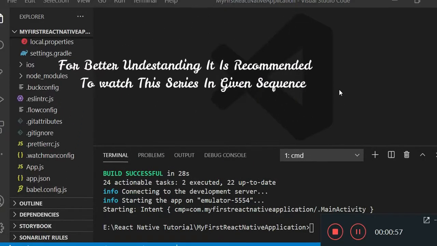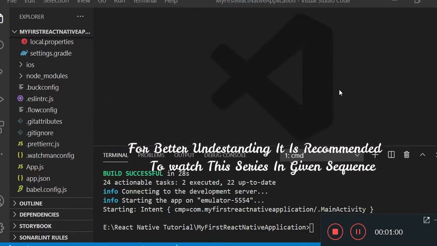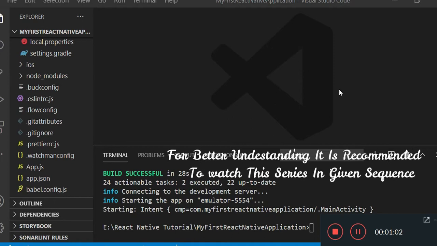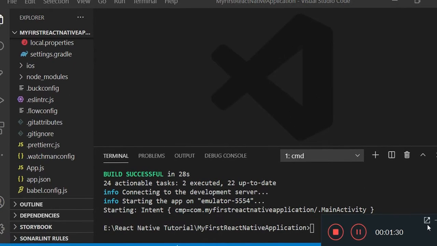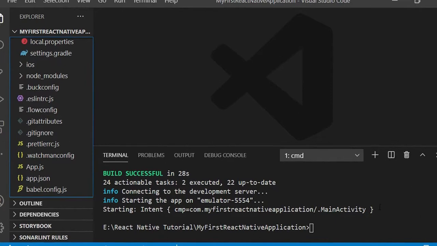Hello everybody. In our previous session, we discussed how to create user-defined props. If you remember, we created our own prop whose name was name itself, and we used that prop to customize the student detail component. Now in this video, we will discuss some inbuilt props that we can use with inbuilt components of React Native. Let us discuss this with the help of an example.